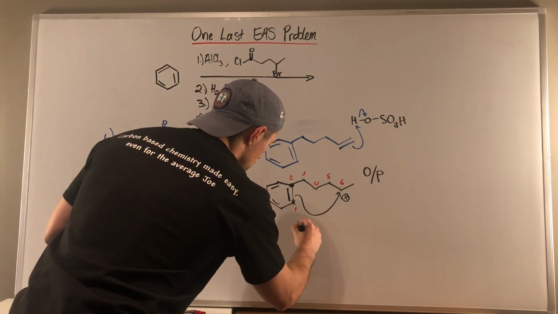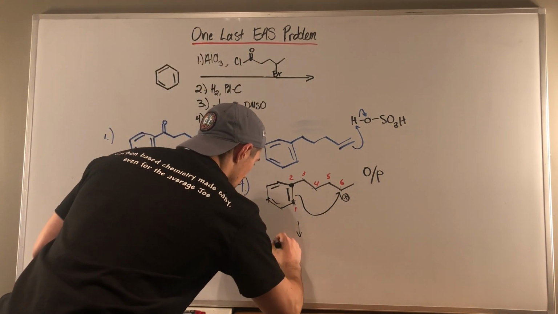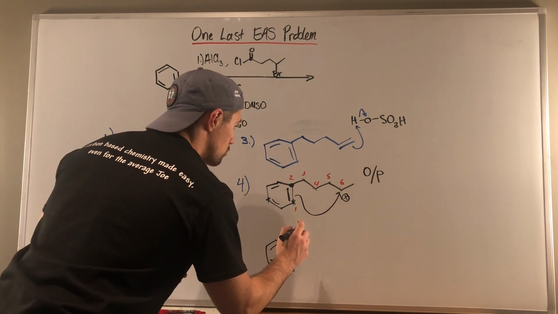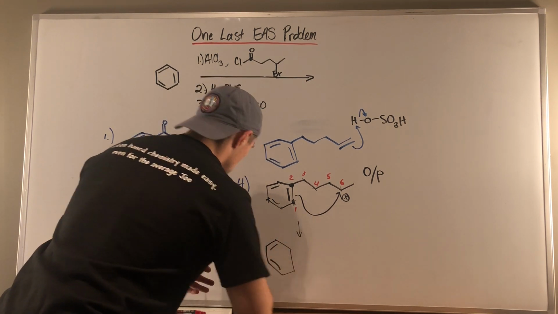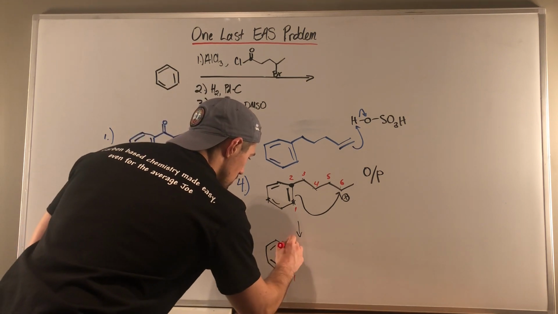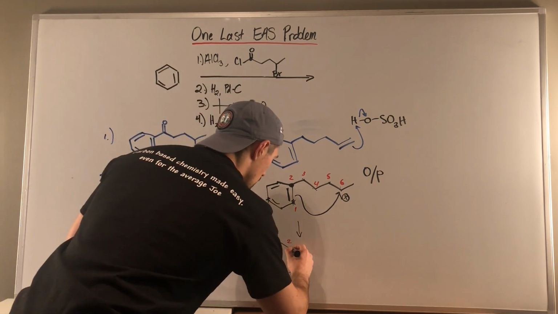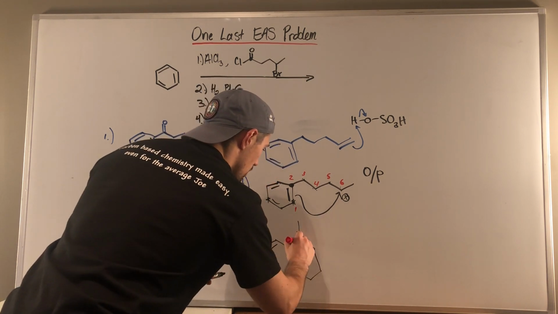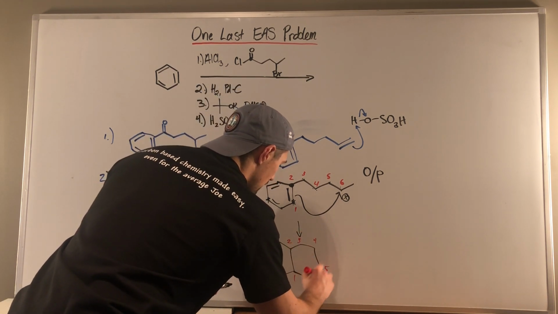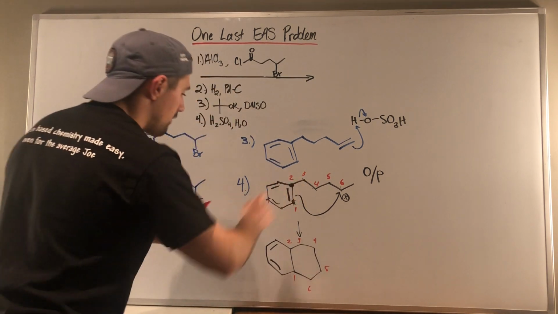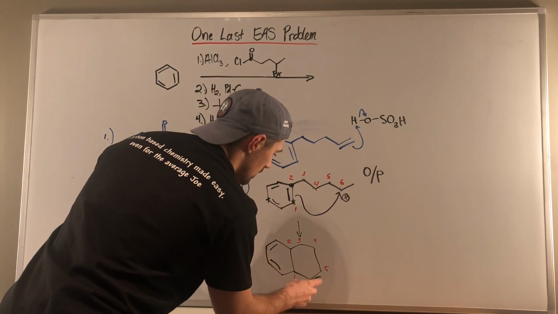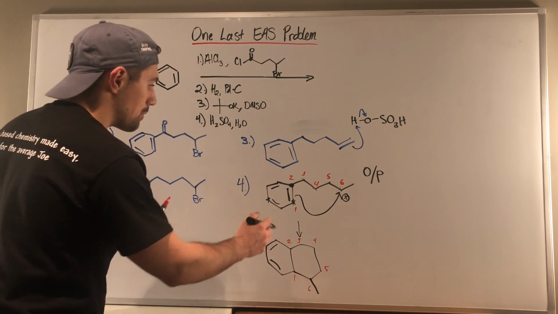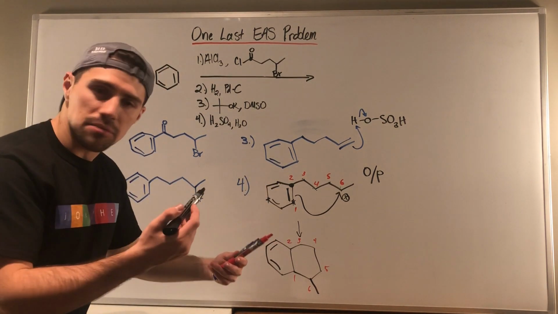So let me draw this down here. Let me even do this again. 1, 2, 3, 4, 5, and 6. And see, I have a methyl group off of 6, right? That was just part of what I came in with. So there's my structure, and remember, I'm not really drawing a mechanism here, but I'll go ahead and